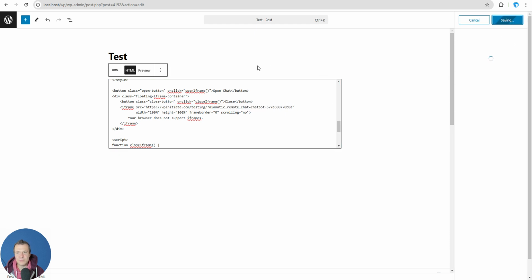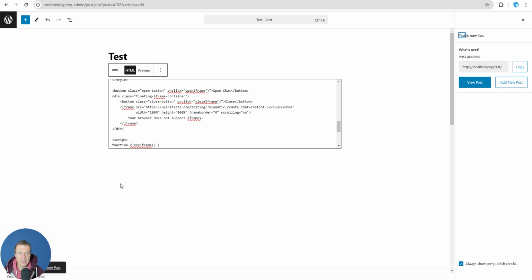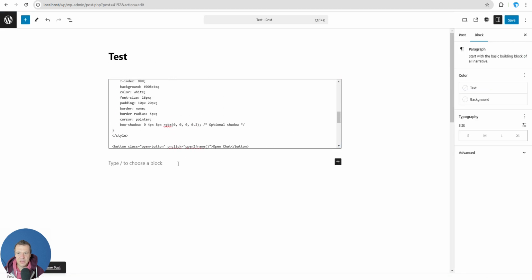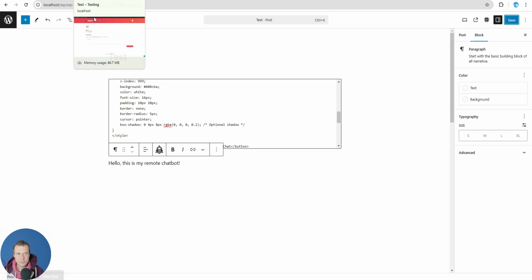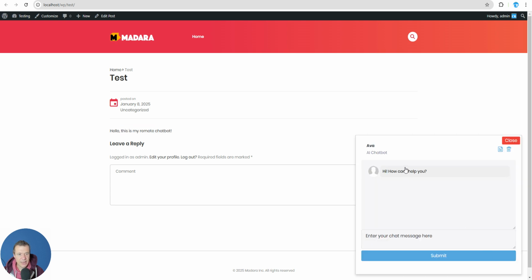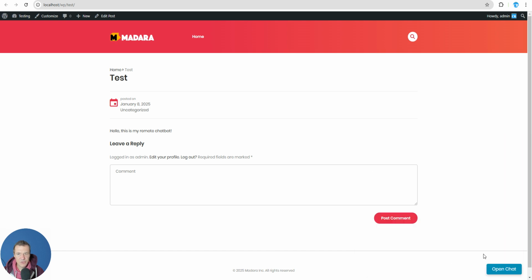So now let's publish and let's view the post. And here it is. It's a blank post because we did not write hello, this is my remote chatbot. Let's save it now and let's refresh. So, hello, this is my remote chatbot, and here down in the corner we have open chat and we can open and close. So this magic is done